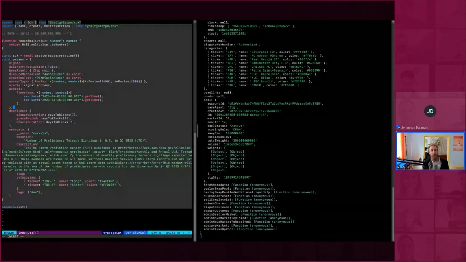Now, deadlines, this is an interesting thing, is period. The market period is specified in timestamps. These are Unix timestamps in milliseconds. So the values that you have here are milliseconds since epoch, January 1st, 1970, midnight UTC, I believe. But because the SDK is so user-friendly, you can use the TypeScript conveniences to